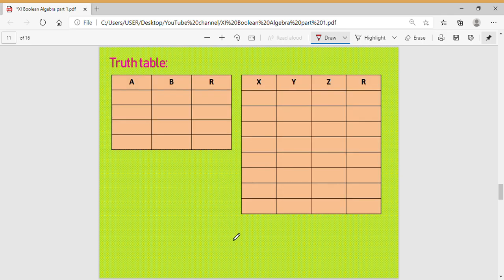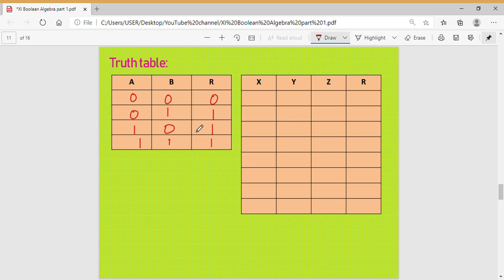Let's move on to the truth table of OR gate. So let's see the combinations for two variables. You know the combinations already for two variables: 0 0, 0 1, 1 0, 1 1. So what will be the output R? Both values are 0, so you get the output 0. Here one value is 1, so you get the output 1. Here also output 1. Here also output is 1.